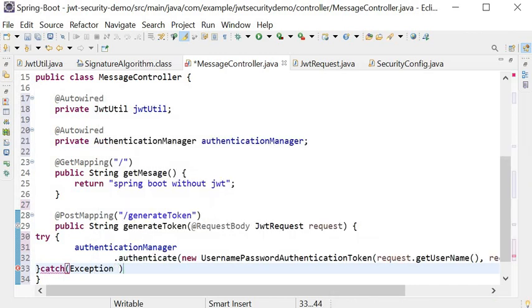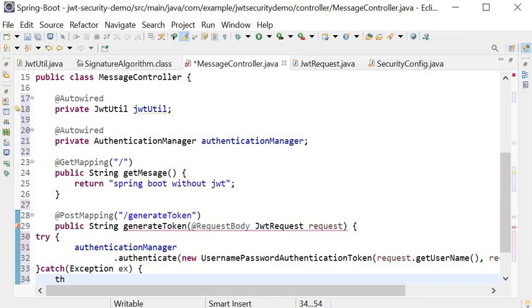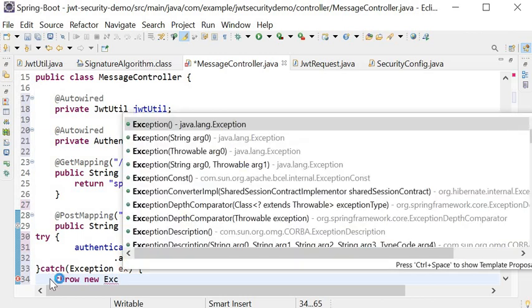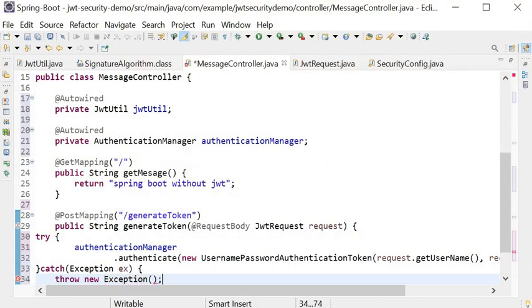If any exception is raised, then I will throw a new exception, and here I will pass the message, that is invalid credentials.